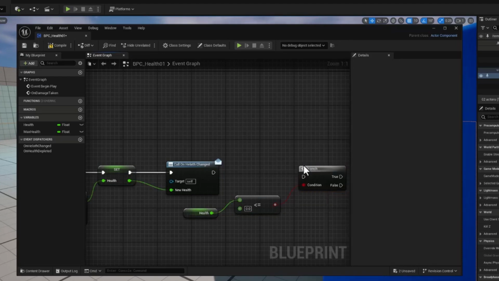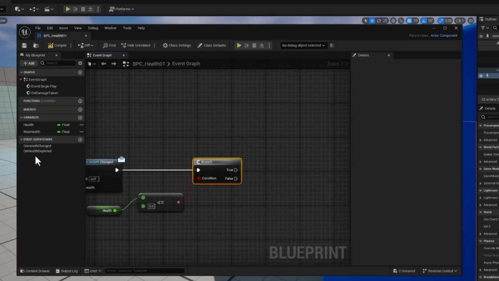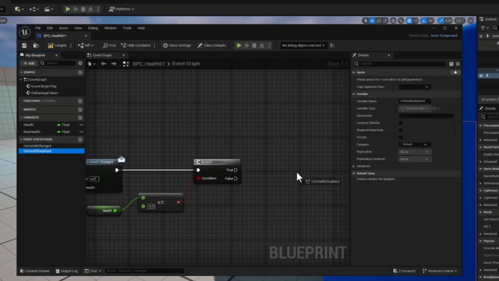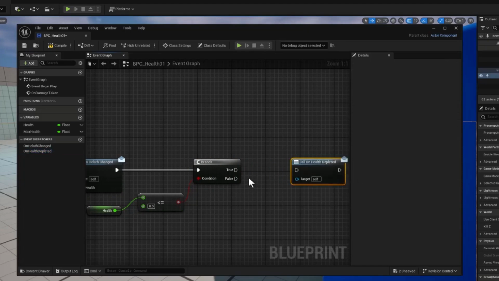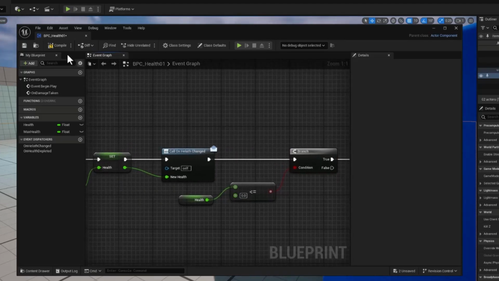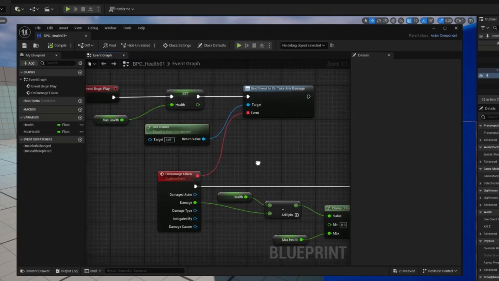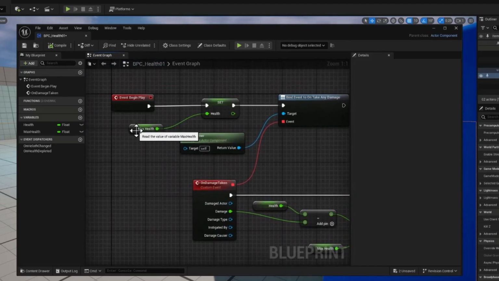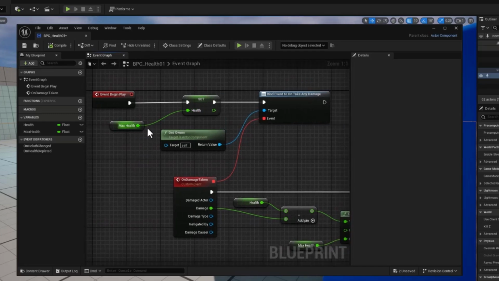Now, if our health is less than or equal to 0, then our health has been depleted. So let's drag our health depleted dispatcher out, and connect these two together. And then let's compile and save. And let's review this. So on begin play, we set the health to max health, which has a default value